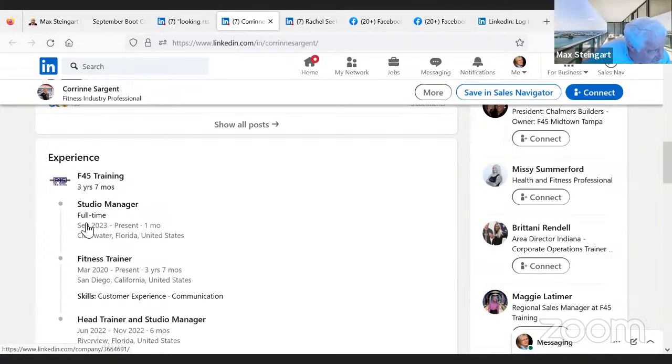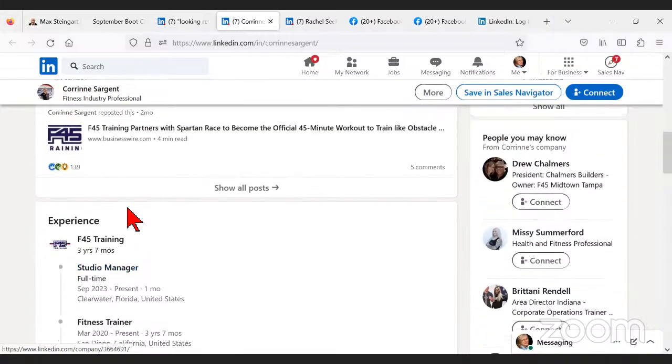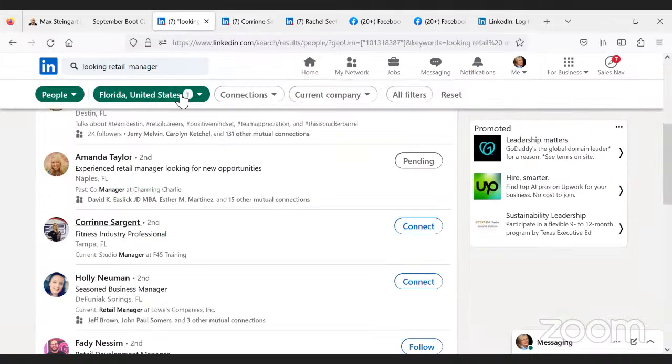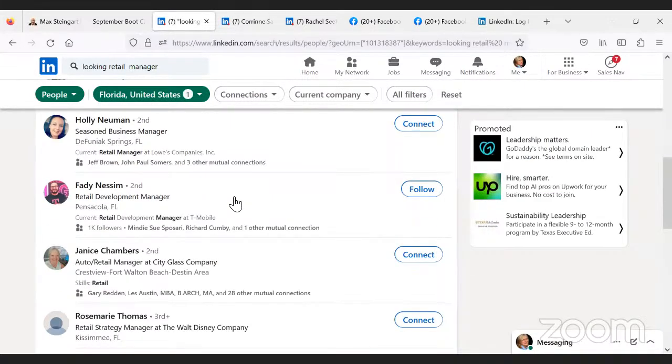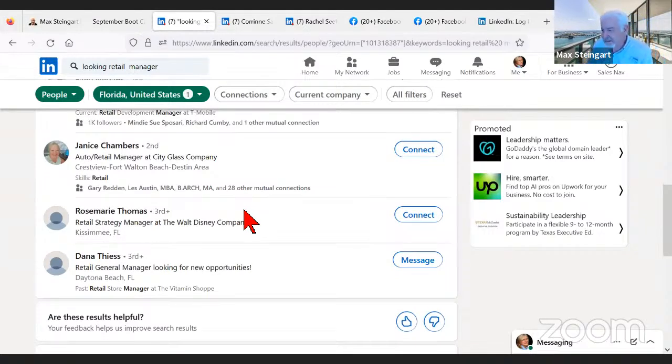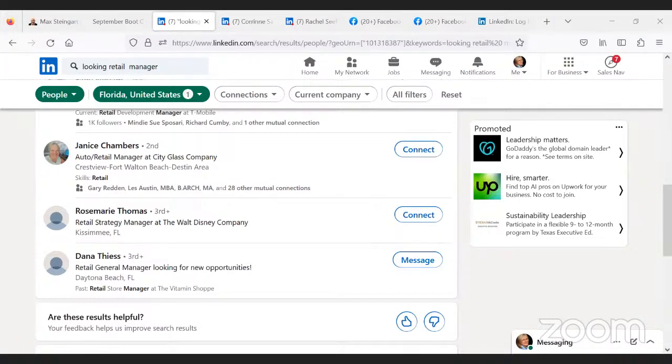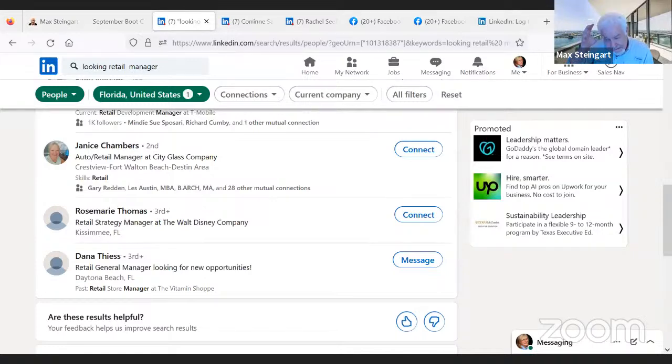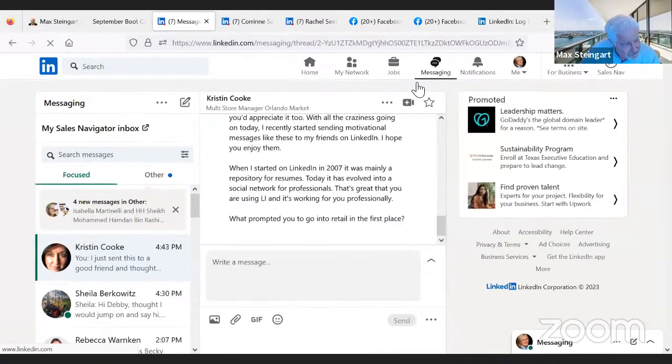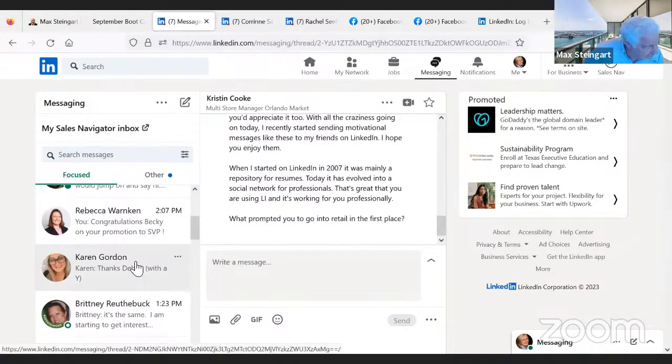Well, this one's got to be pretty active because she just started working someplace. Right. Yeah, these things are going to happen. It's a constantly changing environment. You absolutely want to be more selective. The more selective you are at the beginning, the more successful that you're going to be. But what we want to do is we want to get our messages here to where